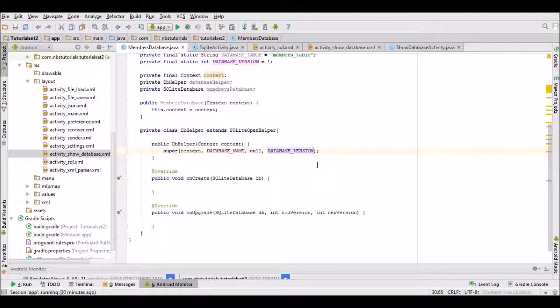Just to explain these on create and upgrade methods with this database helper, essentially when we're going to make a call to access this database, first of all we're going to check to see if it's available. If it's available, we'll call the on upgrade method. We're going to do some actions with that, so we need to put some code in here, and then we're going to call the on create to generate the database. So if it doesn't exist, the on create is called. If it exists, the on upgrade method is called first of all, and we need to do some action with that, and that's what we're going to do in the